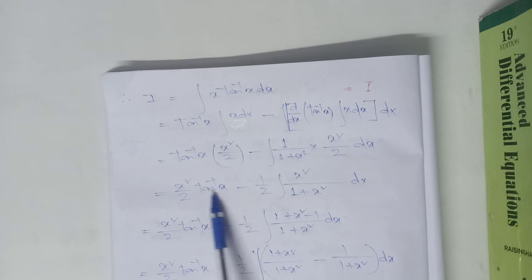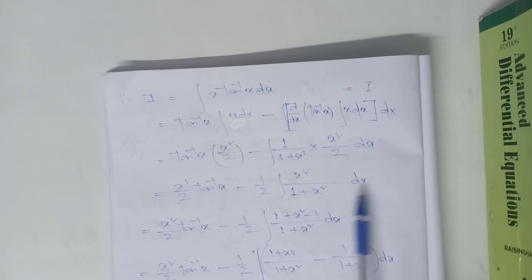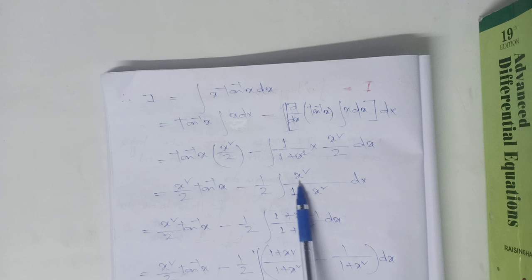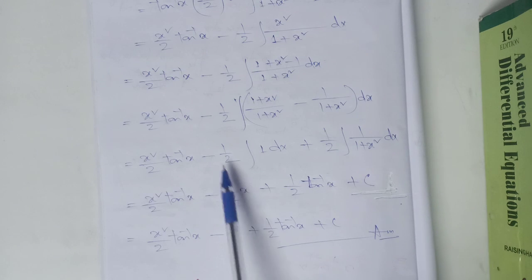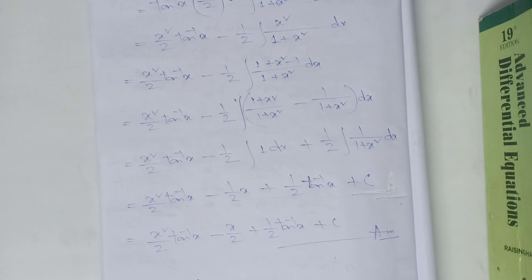So x square by 2 tan inverse x minus 1 by 2 integration of x square by 1 plus x square dx. So x square by 2 tan inverse x minus half integration, we can write x square as 1 plus x square minus 1, by 1 plus x square dx. So x square by 2 tan inverse x minus half, we can take this as 1 plus x square by 1 plus x square minus 1 by 1 plus x square, and this becomes